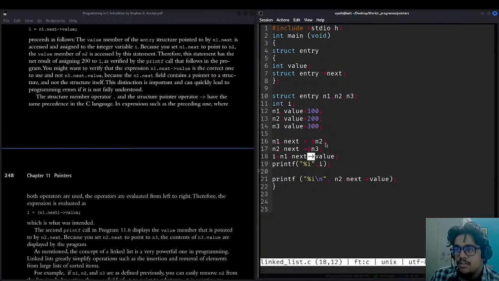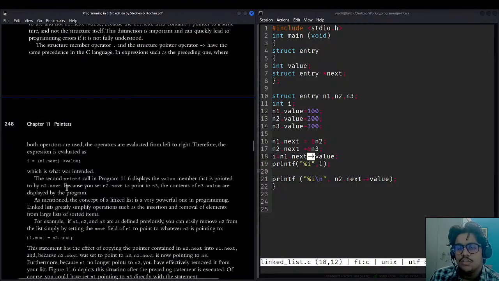Since n1 dot next is nothing but n2, n2 is assigned to I, then we move forward to the value member and it is assigned to I, which is what's intended. So the second printf call displays the value member that is pointed to by n2 dot next.